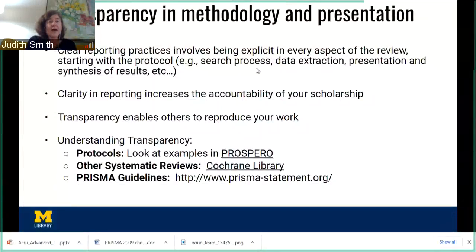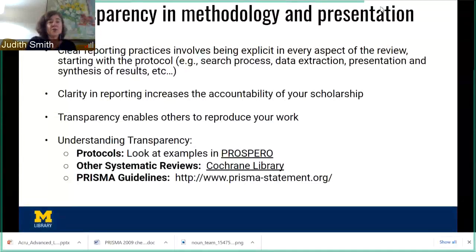You're looking to search multiple databases in order to achieve that, because even though there's overlap, each database does have content that differs slightly. The coverage is different.